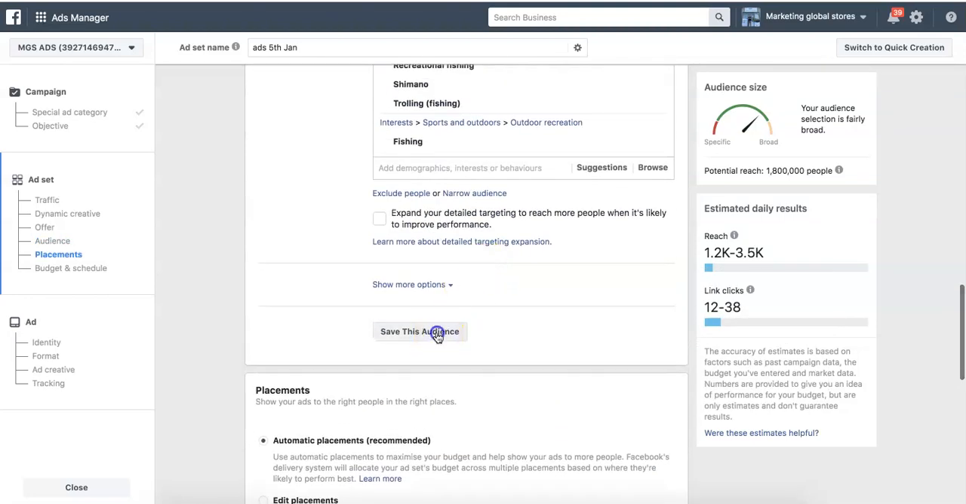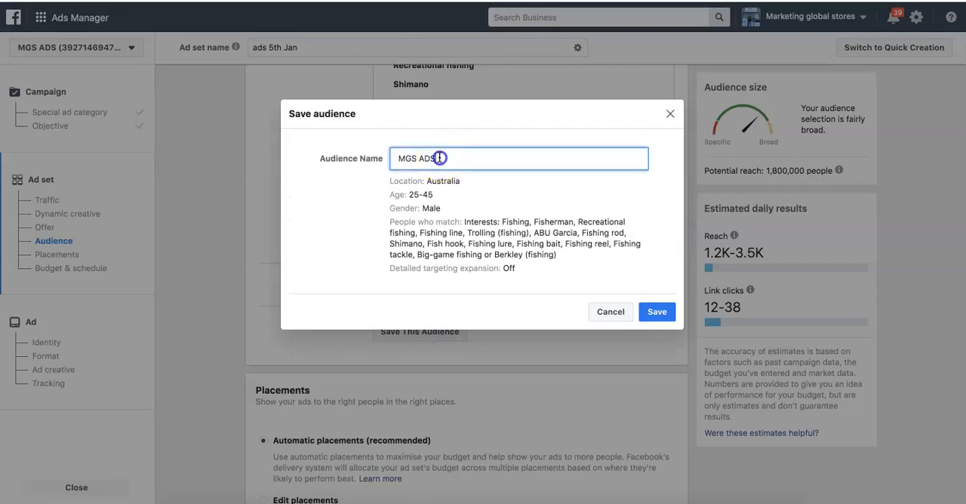I can save this audience now. Okay, and I can save this audience now into my fishing ads on January the 5th. So I know that now my location in Australia, 25 to 45-year-old males who are interested in this type of fishing here,